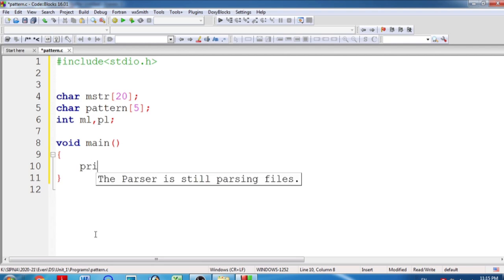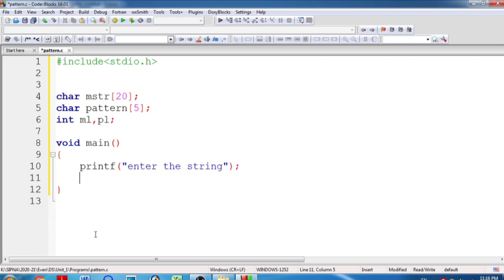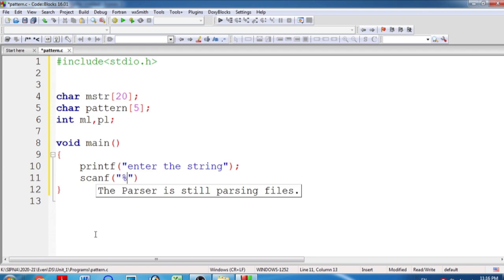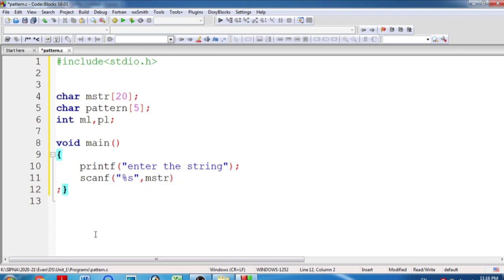Now first of all let me prompt the user for entering the string. So, enter the string. I will use the scanf function for getting the string from the user with %s. %s will not work with spaces, so I am assuming there will be no space in the string, and it will be stored into mstr.